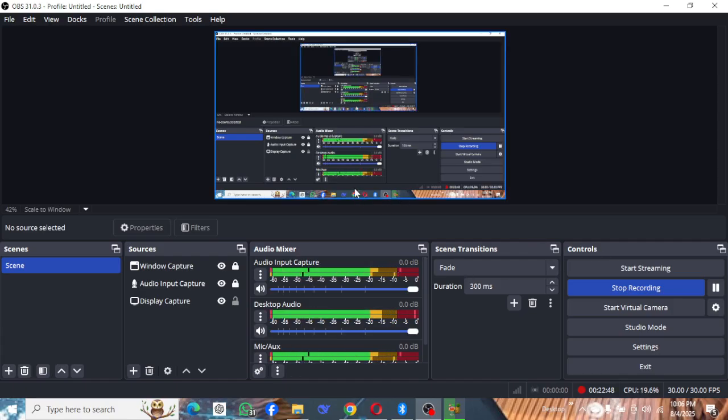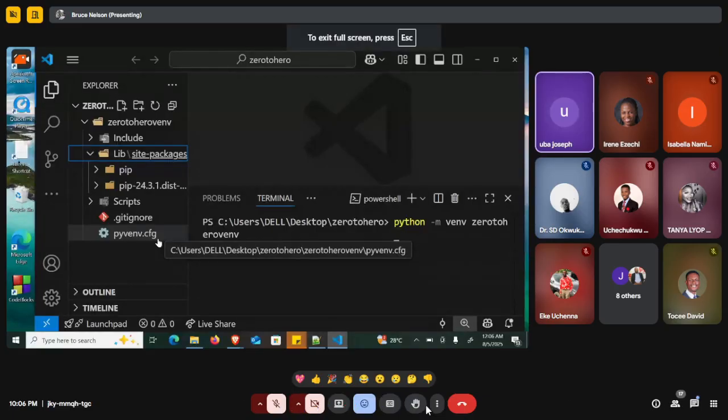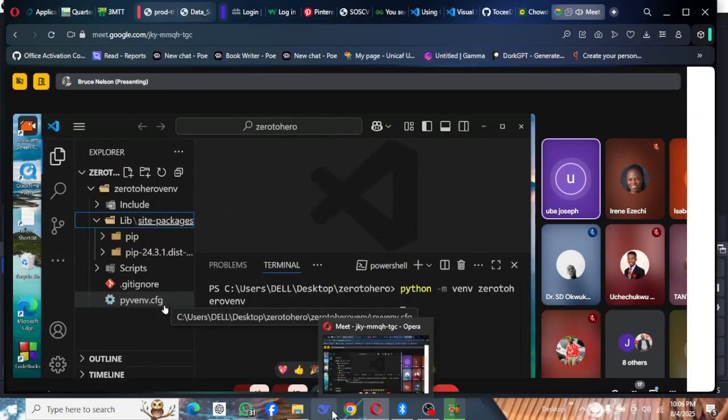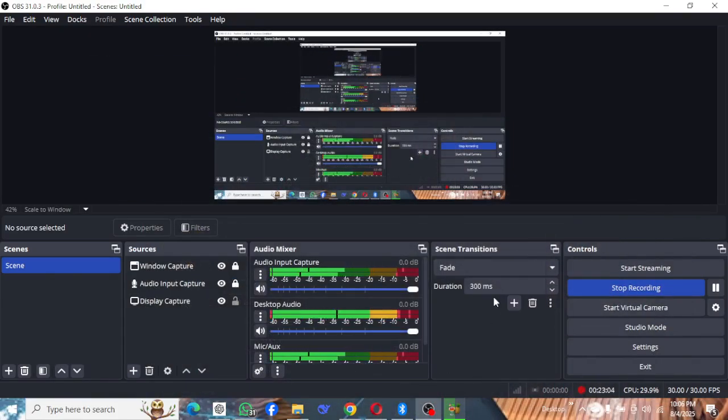Now we have one folder inside the lib folder called site-packages, and it has pip inside it. Now, whenever you install a package, whether you're installing Akariki, like I showed you from PyPI, you install Pillow, you install Requests, you install